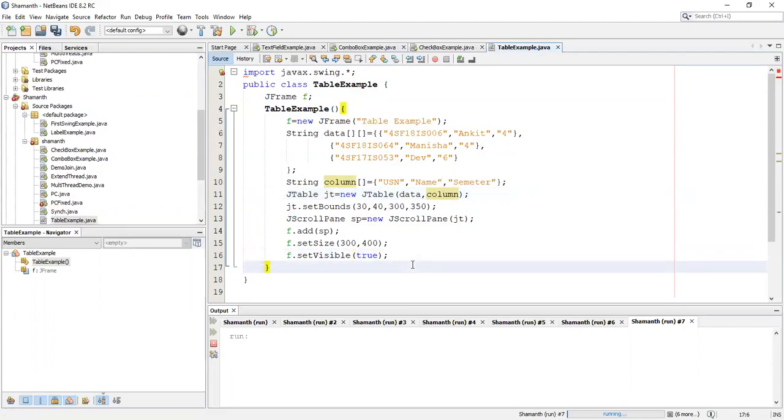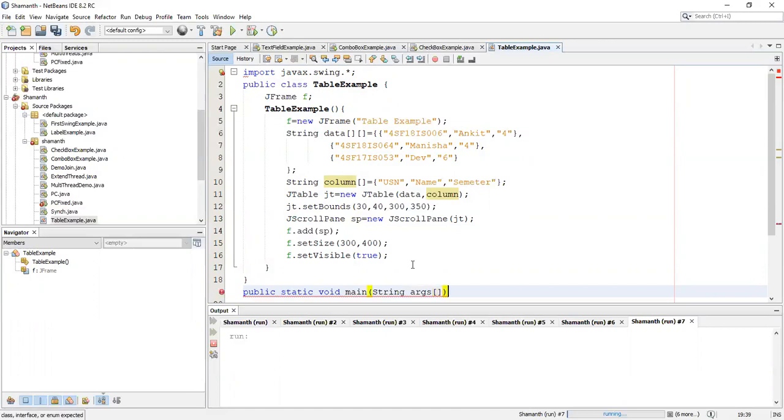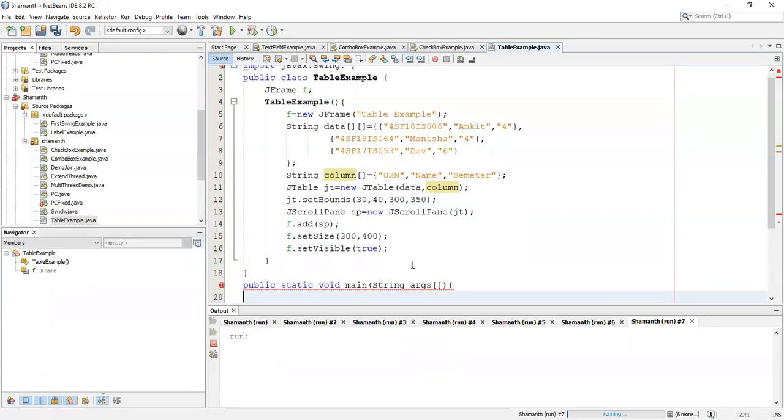So that is the program, and now we have to write the main here. Let's write the main function now. public static void main, String args, open and close bracket.